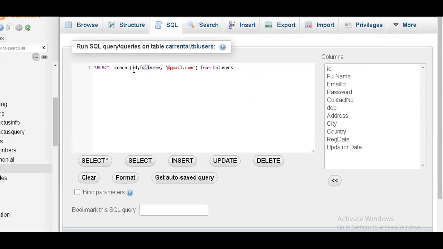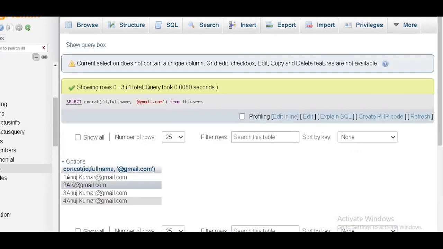I want to combine these two along with some extra things so that it generates the mail ID for me. Then I'll enter it, and if it is correct, I'm going to get the output. Now you can see 1 Arjun Kumar @gmail.com, 2 AK @gmail.com, 3 Anjun Kumar gmail.com. Like this, a mail ID has been created automatically for me.